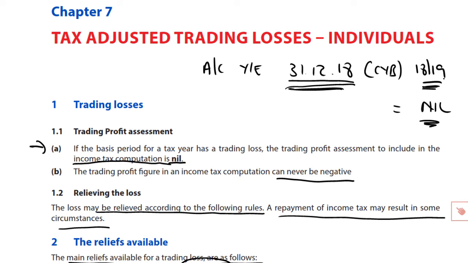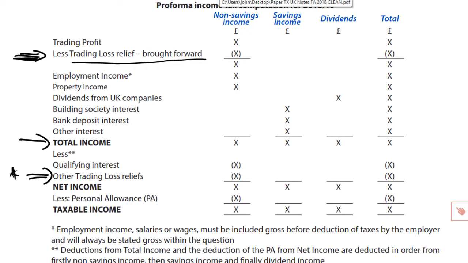That would be the current tax year, meaning that these loss reliefs would be available to be offset against the total income of the current tax year, 18-19, and or against the total income of the preceding tax year. Well, obviously, if the current tax year is 18-19, then the preceding tax year must be 17-18. So it's a simple enough exercise to identify the tax years to which we refer. So, coming back to our pro forma, whether we are dealing with the application of these loss reliefs in either the current tax year or by carry back to the preceding tax year, it is here that that loss relief is applied,